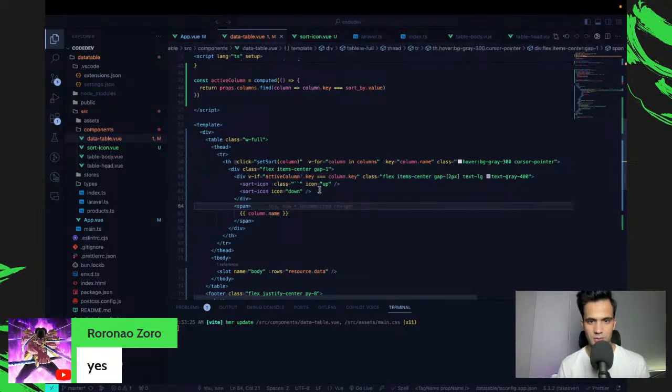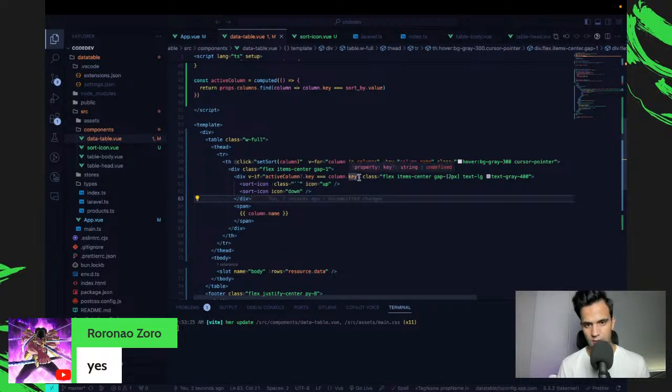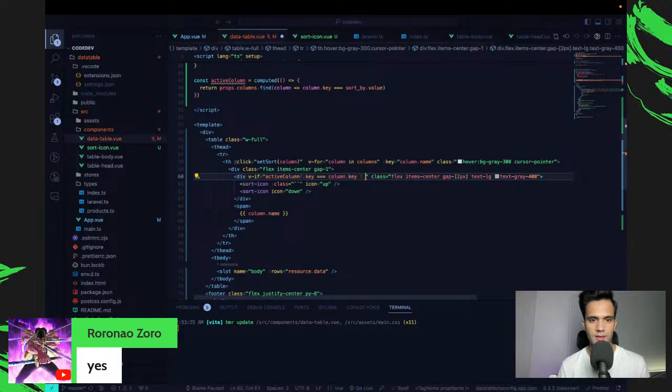Optional chaining would help us here. So effective column dot key is equal to column dot key. Let's just wrap it here. Yeah, either way it will work.